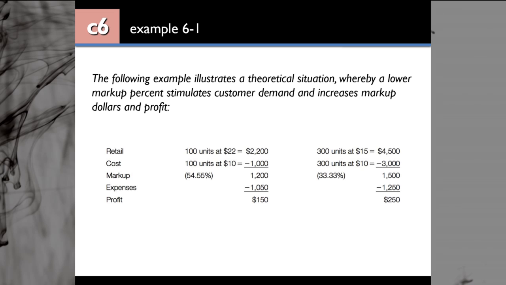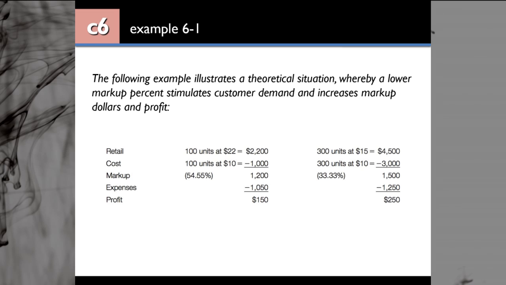as your profit. On the right-hand side, the cost was the same, but since you had a lower price, you sold more units. So 300 units at $15, which is $7 less than the example on the left-hand side. But the total retail price for all 300 units was $4,500. The cost was the same, so 300 units at $10. So you subtract the total cost and you get a markup dollar of